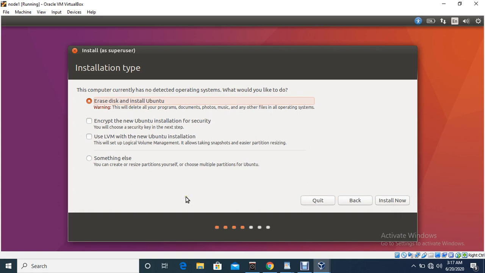But if you are installing in dual mode, like suppose you already have one OS in your system and you are going to install one more OS, at that time if you select this one, Erase disk and install Ubuntu, it will erase all the physical hard disk information.